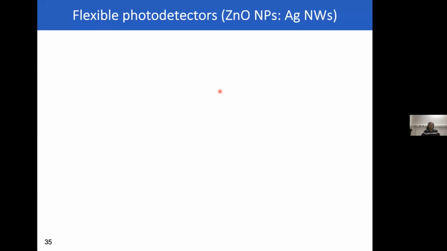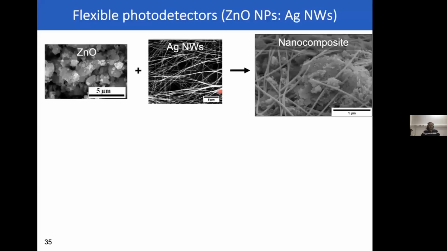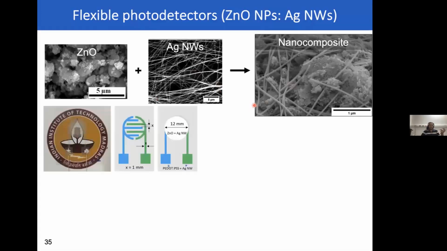So then we were curious to see what happens if I actually mix silver nanowires with metal oxide. So the idea was we have something like zinc oxide, which is a wide bandgap semiconductor. Mix it with silver nanowires, so I get a composite. This is again printable. Now zinc oxide can absorb in the UV range because that's where its bandgap lies. And when it absorbs light, it actually creates electron hole pairs. So the idea was, can we then use the nanowires to separate these electron hole pairs and essentially use this as some form of a photodetector?